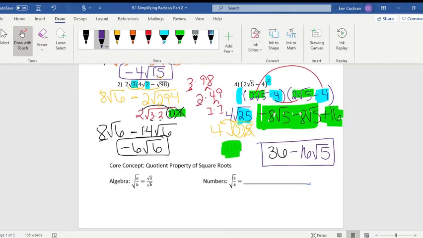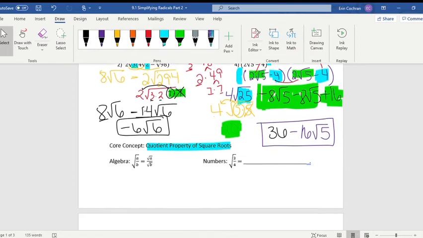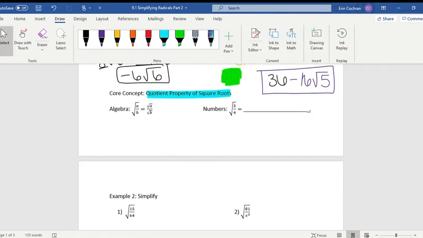Now, next step we're going to go into, so that's all our multiplication. Now we're looking at the simplest form when we talked about division, having radicals in the denominator. So we got to talk about this quotient property, okay? Just like multiplication, when I look at the square root of A over B, it's the same thing as radical A divided by radical B. So if the whole fraction is underneath the radical, it's just taking a radical on the numerator over the radical